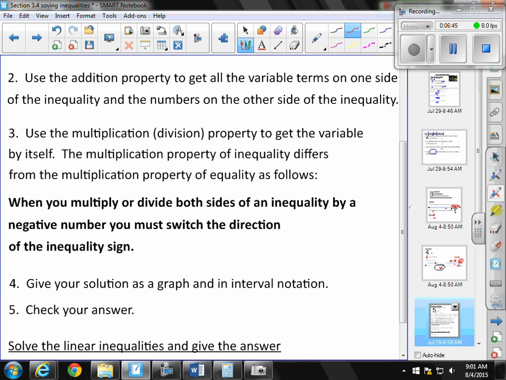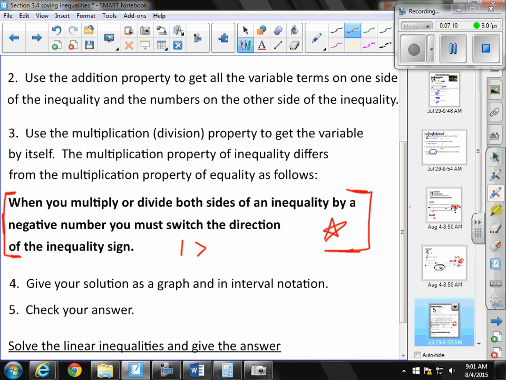There's one difference here between equations and inequalities. So I want you to really pay attention to this bold text here. And when we get to this in a problem, I'm actually going to put a little star by it. When you multiply or divide both sides of an inequality by a negative number, you must switch the direction of the inequality sign. So if we think about this,